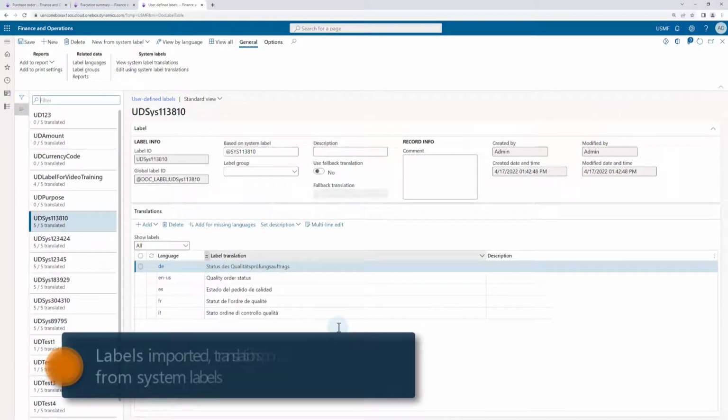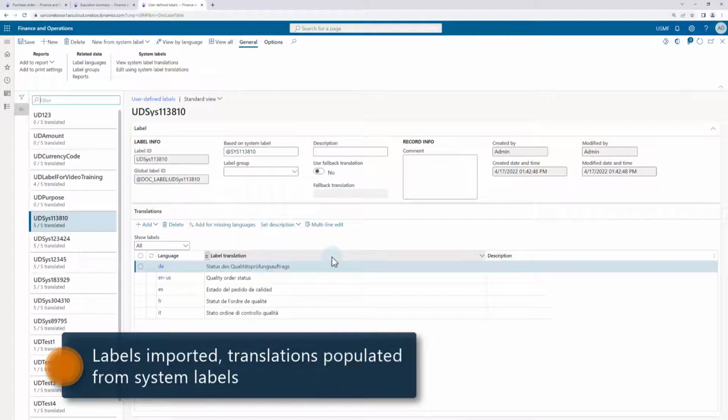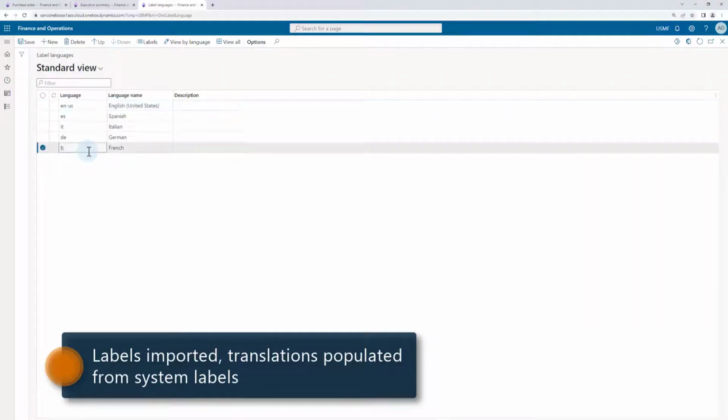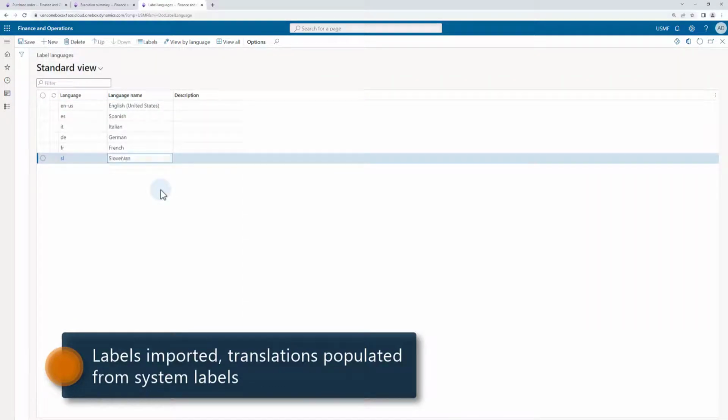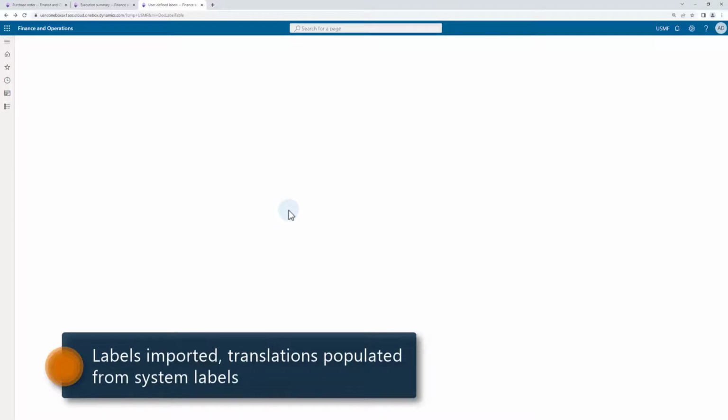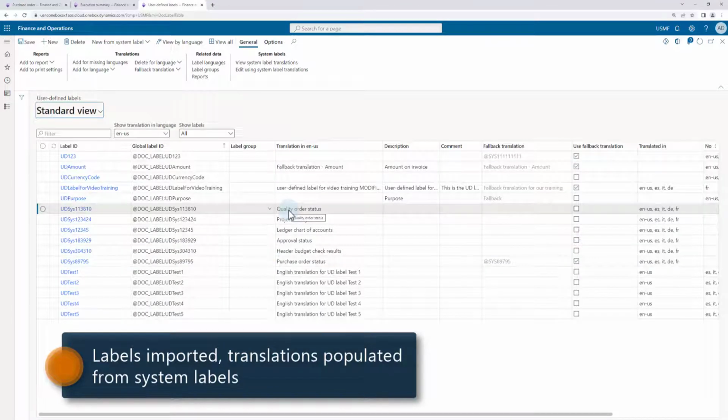Here are our new labels. We can leave these translations or modify them as needed. Let me show you one common scenario. I will go to the supported label languages and add a new language, Slovenian. On this system, I don't have the Slovenian localization, so all the Slovenian translations for these labels will be the